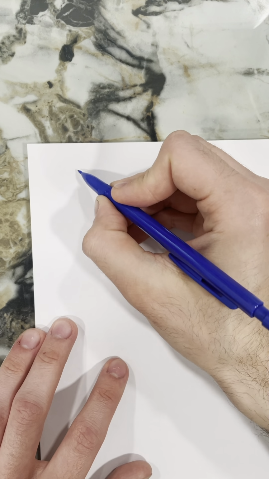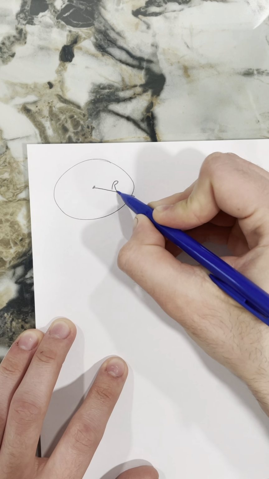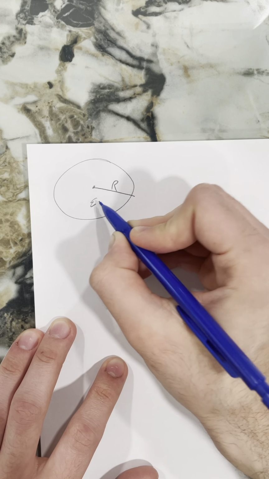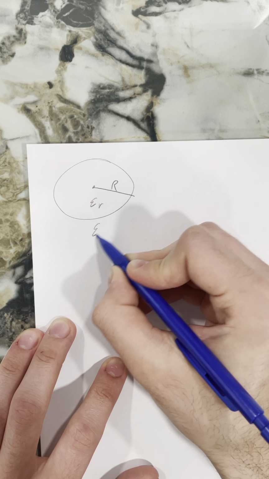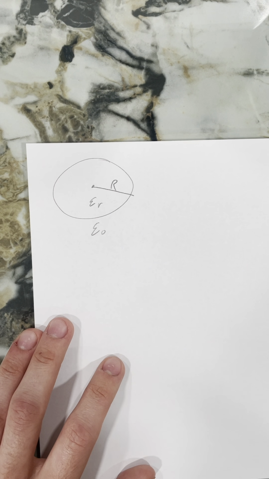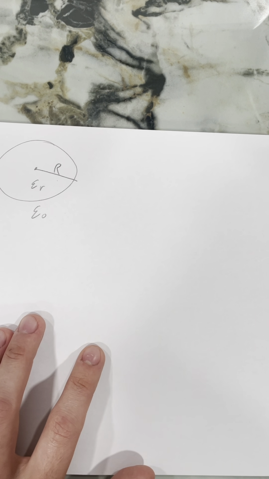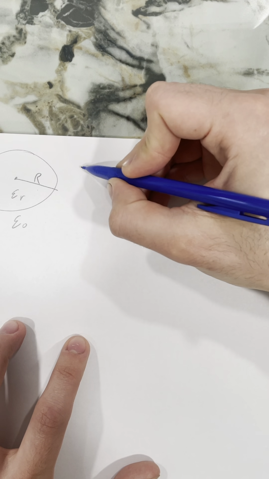So first we're going to draw our sphere, which has radius capital R. Note that it has a relative permittivity on the inside and a vacuum permittivity on the outside. To solve for the electric potential, we're going to have to first solve for the electric field outside and inside of the sphere. We can solve for the electric field on the outside by using Gauss's law,